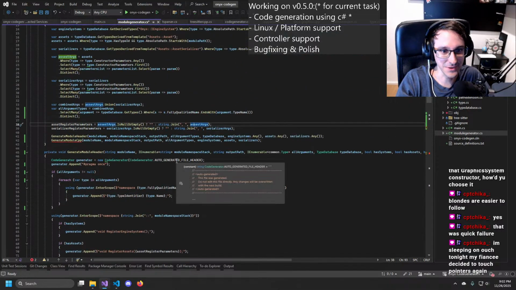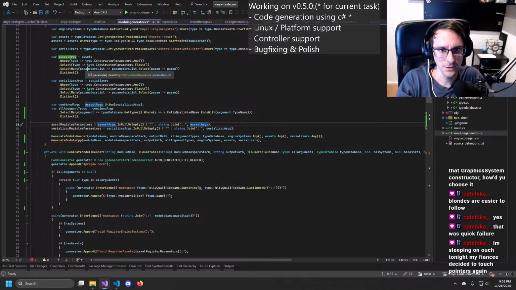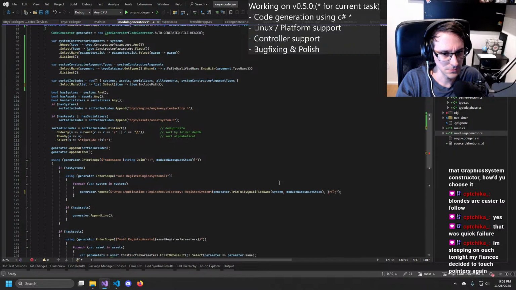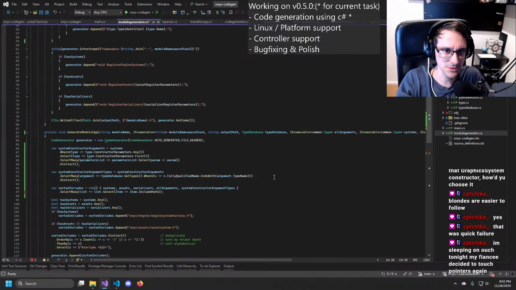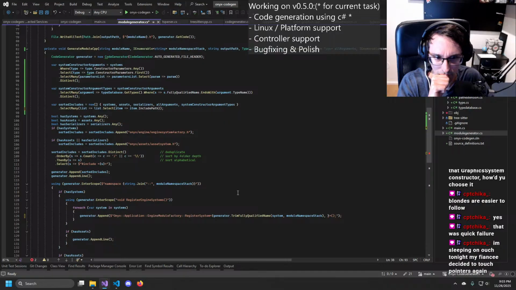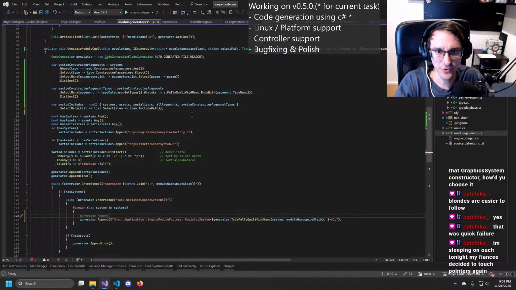Asset args. Not quite, right? Now we basically have our first constructor here again.